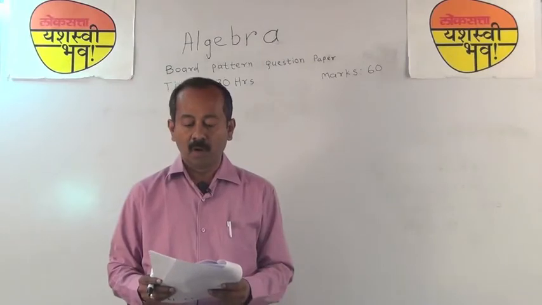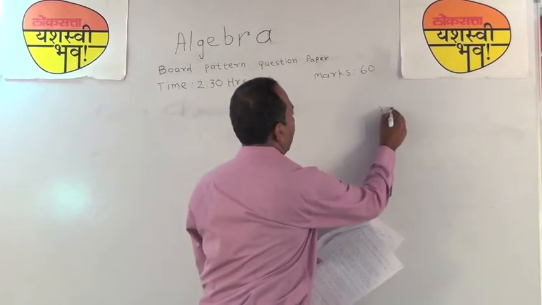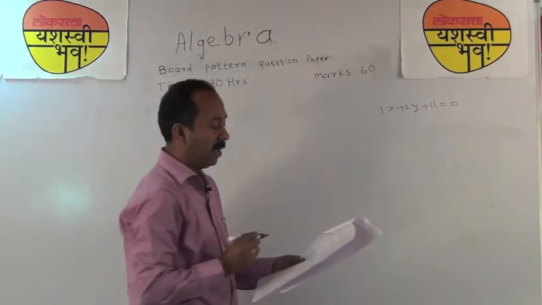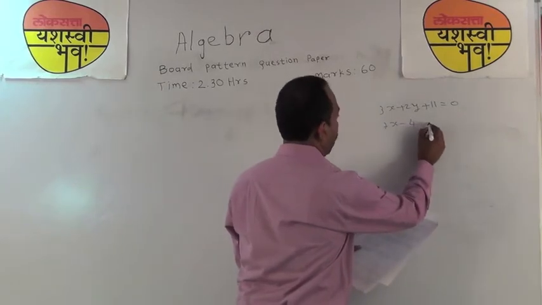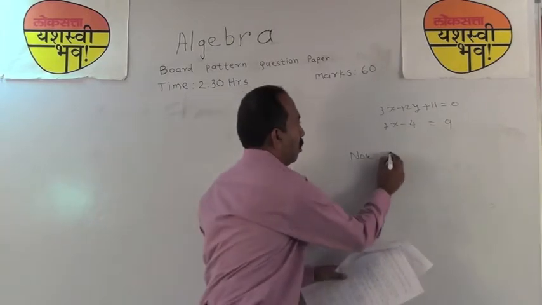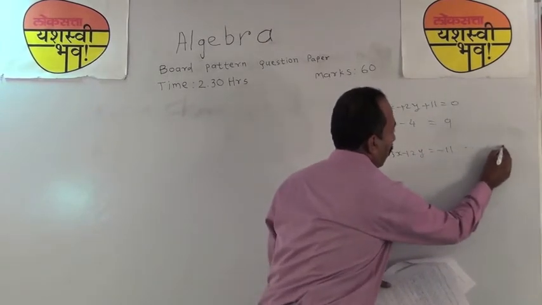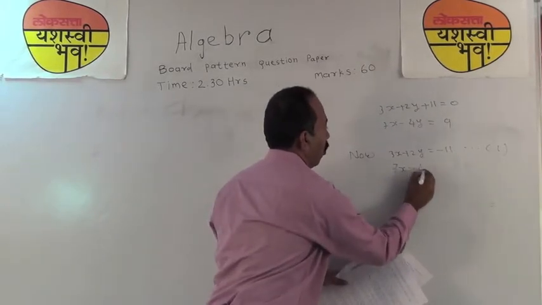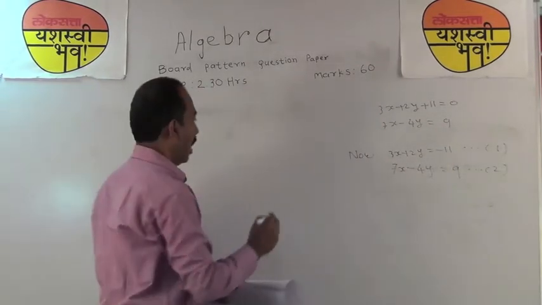Question 3. Solve the following simultaneous equations using Cramer's rule. 3x plus 2y plus 11 is equal to 0 and 7x minus 4y is equal to 9. Now, 3x plus 2y is equal to minus 11. This is equation number 1, and 7x minus 4y is equal to 9. This is equation number 2. Now let us go for